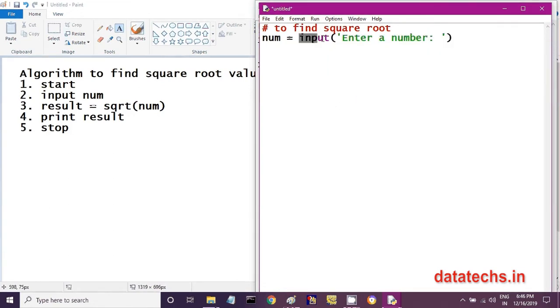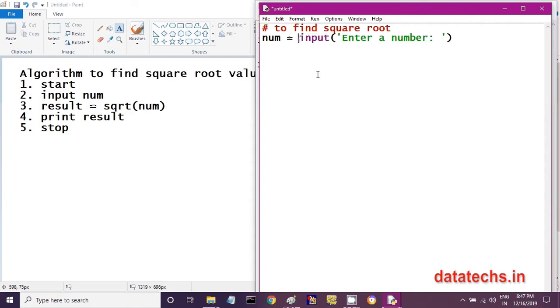This input function will display this prompt message to the user, enter a number. Upon seeing this, the user may type a number like 10, 15, 20. But the input function will accept that number as a string. The problem with the input function is it will accept everything as a string. String means a group of characters. So I am supposed to convert those characters into a numeric value, that means into a number.